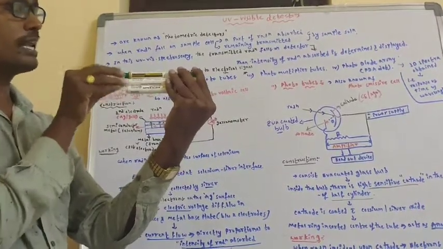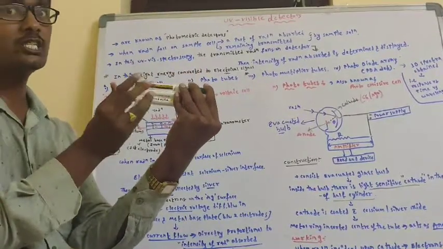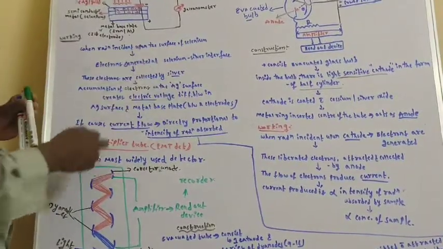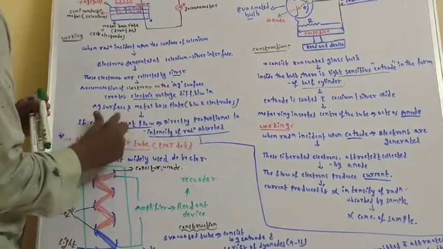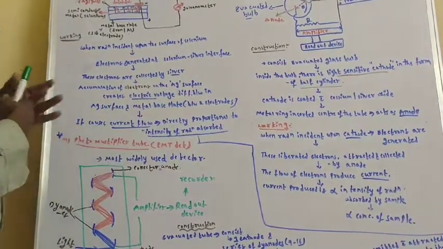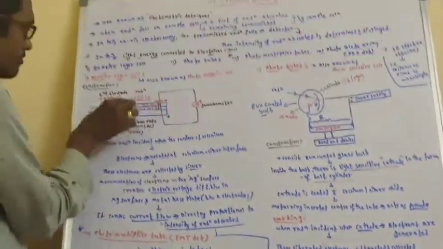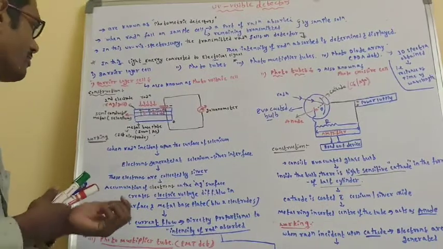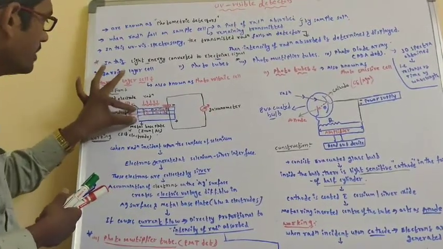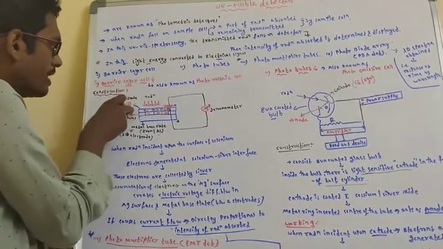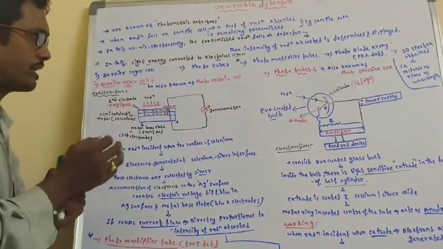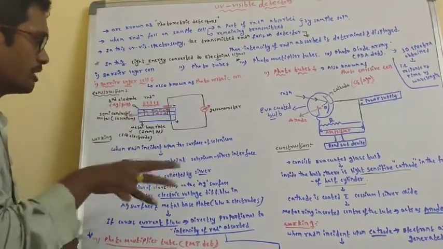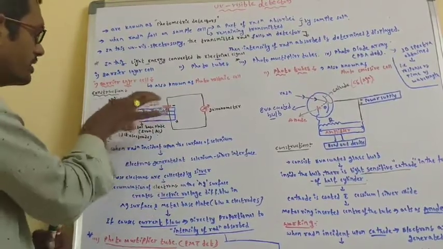Due to this electron difference, a potential difference will exist between these two electrodes. Due to the accumulation of electrons on the silver surface, what will happen? It creates an electric voltage difference between the silver surface and the metal base plate. In other words, a voltage or potential difference will occur between these two electrodes, because the silver electrode has all the electrons accumulated, while no electrons are present at the metal base plate. Due to this, a potential difference will exist between these two electrodes.